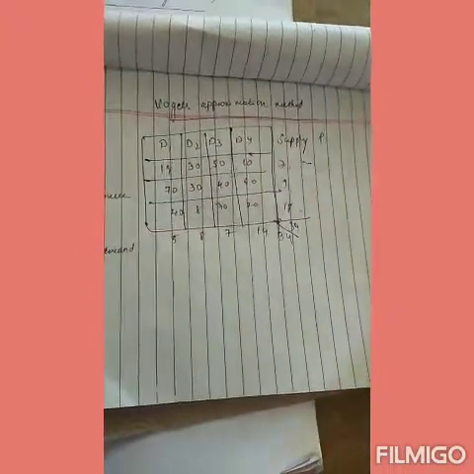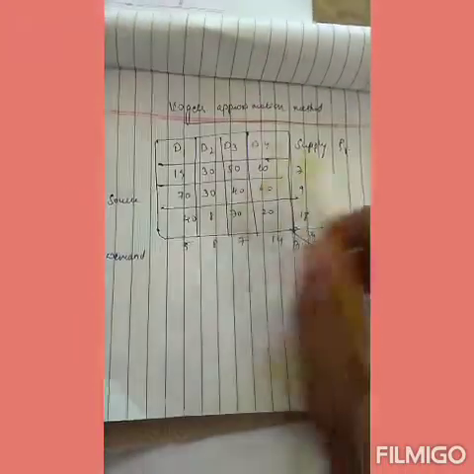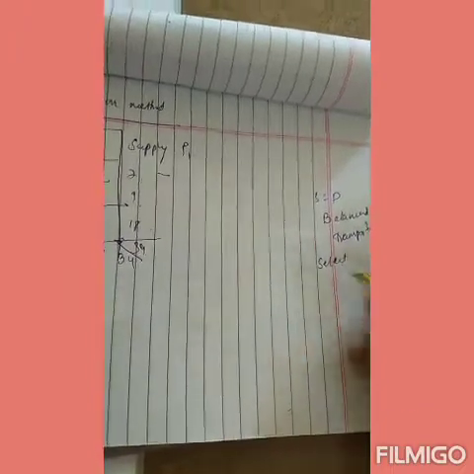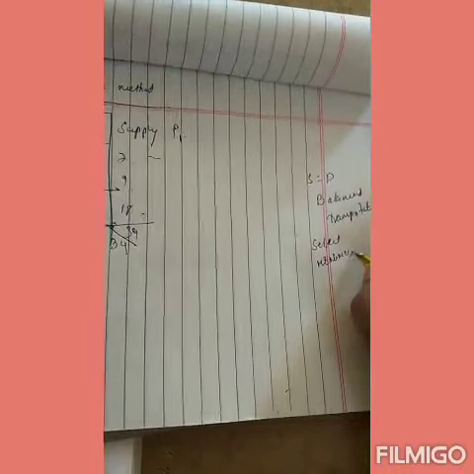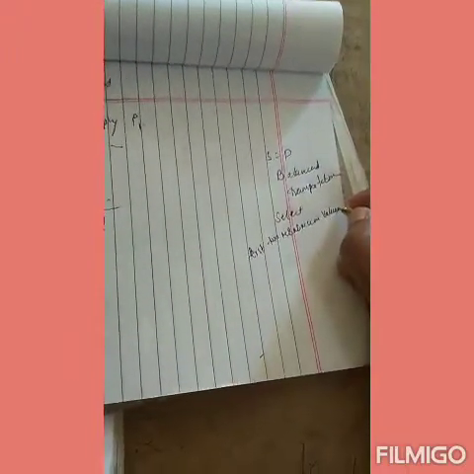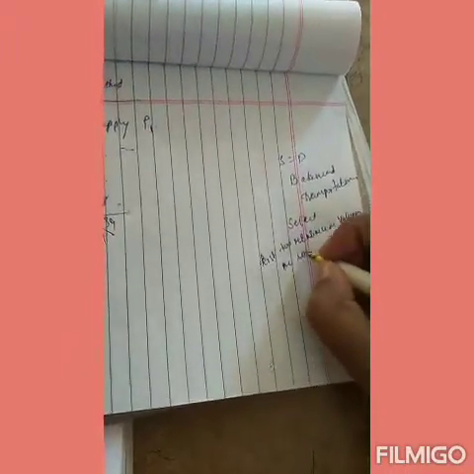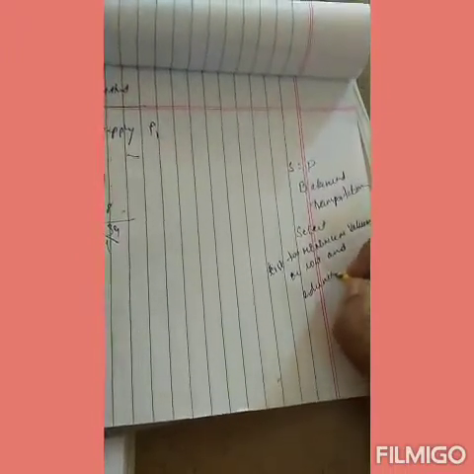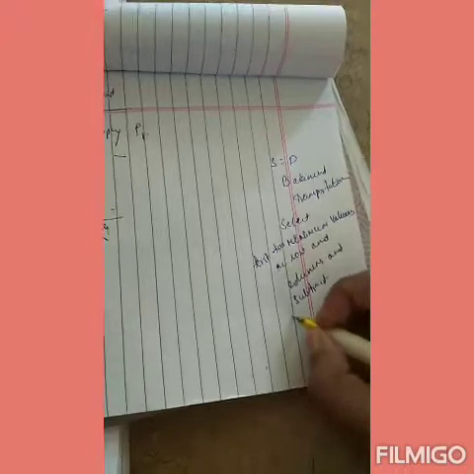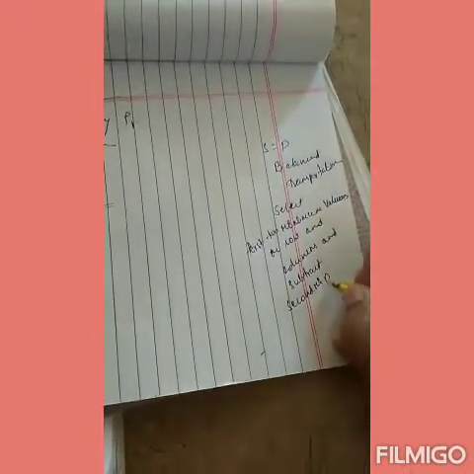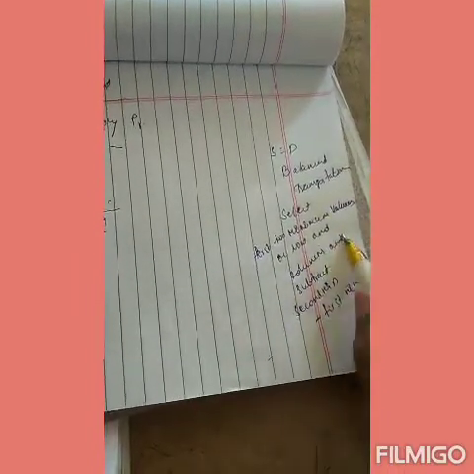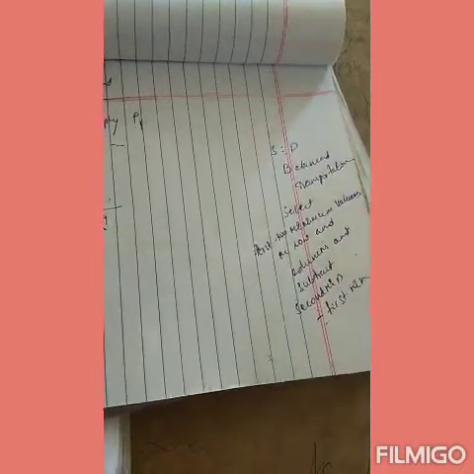So first of all, what is a penalty and how do we take it? Penalty is taken from the first row, this is penalty 1. First, select the first two minimum values in each row and column, and subtract the second minimum minus the first minimum value. So that is the first point.